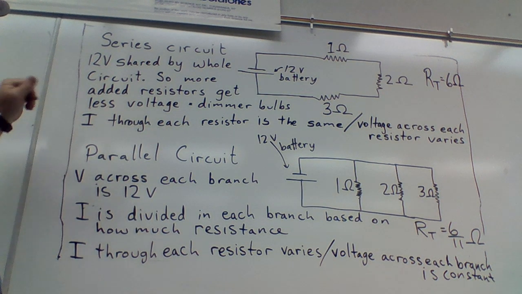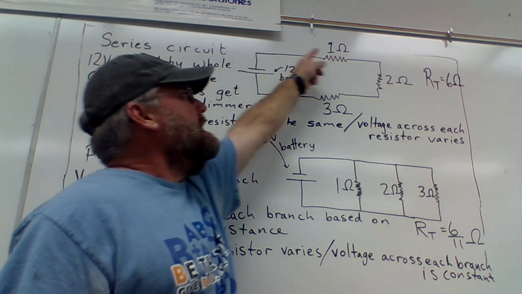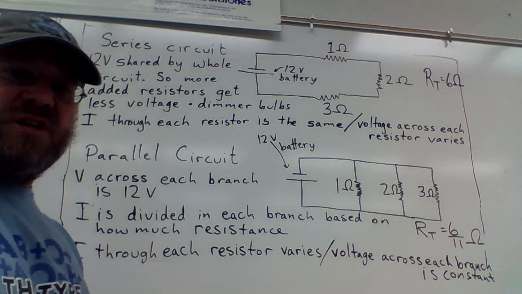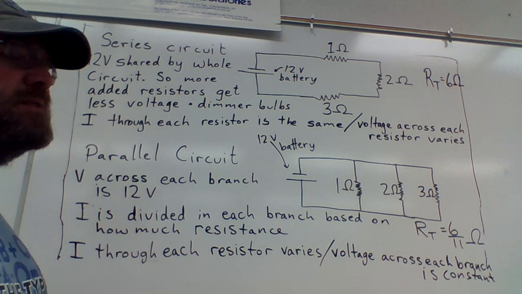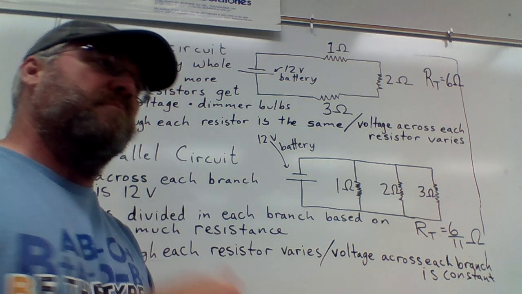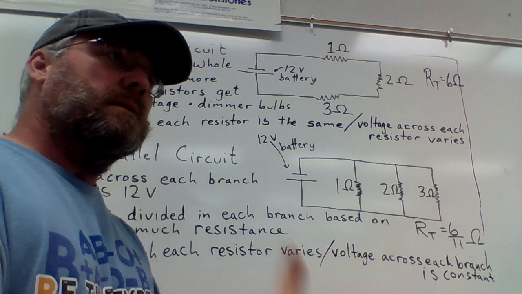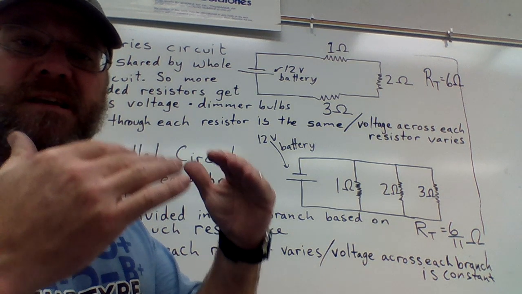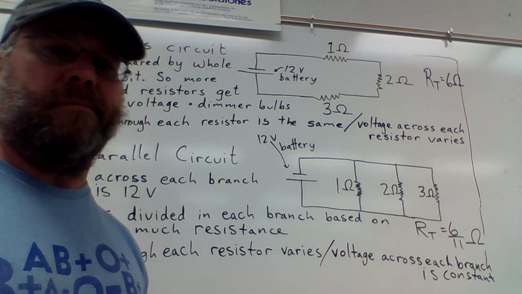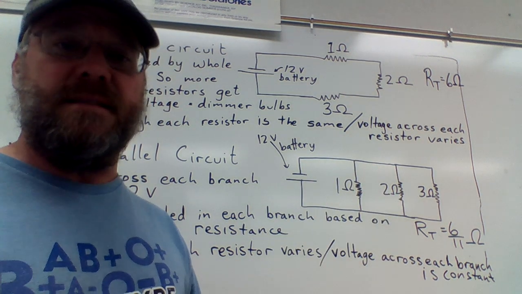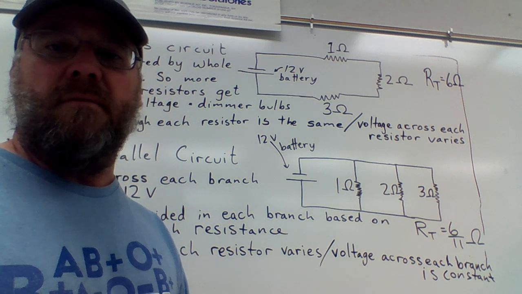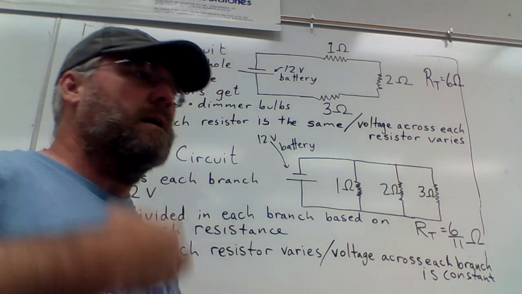resistors, essentially what happens is that 12 volts is shared throughout that whole system. It's shared by the whole system. So essentially, if we were to say these were light bulbs, if we kept plugging in more and more light bulbs to this circuit, they would continually get dimmer and dimmer. At some point, if you had, say, 20, 30, 100 bulbs, the bulbs would glow so dim that you could hardly tell that they were even operating anymore because the draw is